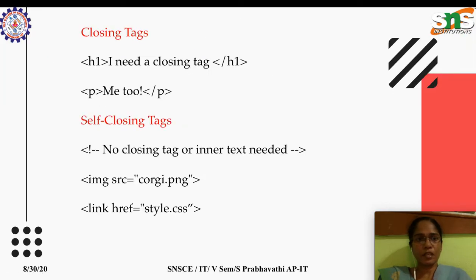And a little last note about closing tags and self closing tags. Closing tag means an open tag will have the close tag in this format, whereas self closing tags will look something like this. Image is a self closing tag and link is a self closing tag, whereas break and horizontal rule are some of the self closing tags that don't use a separate closing tag with the forward slash.